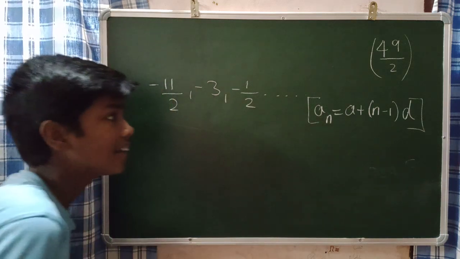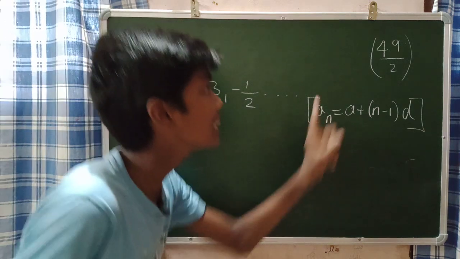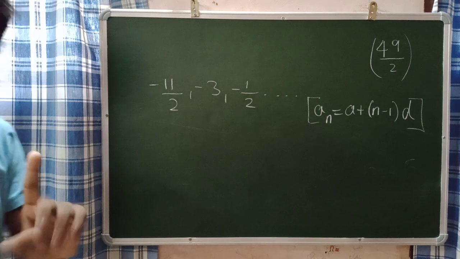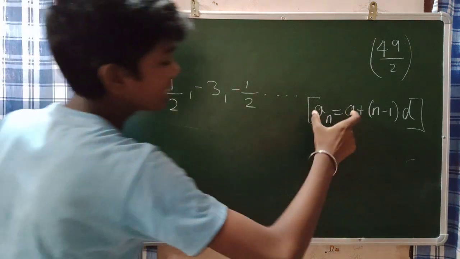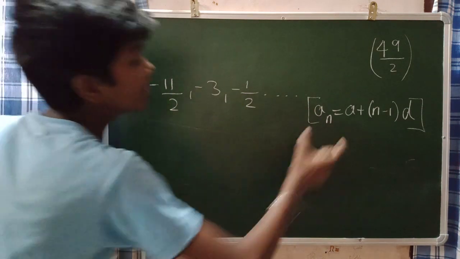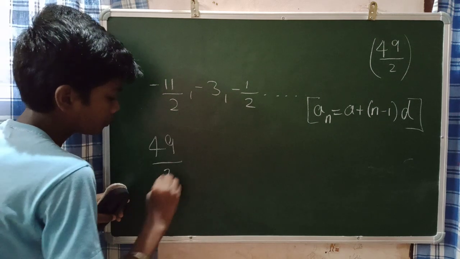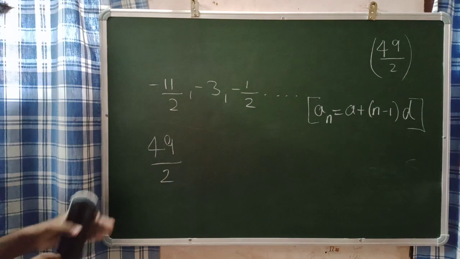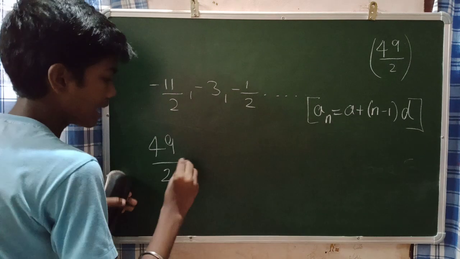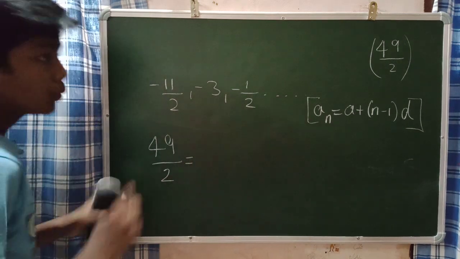If I need to find that value, I need to take your an as 49 by 2. Correct now? If I need to find the answer for this question, I need to take your an as 49 by 2. When you take your an as 49 by 2,